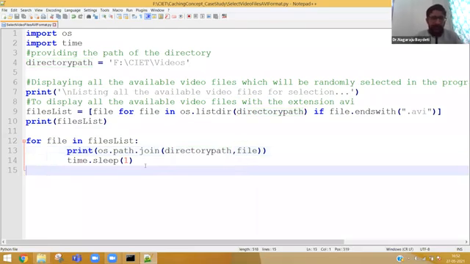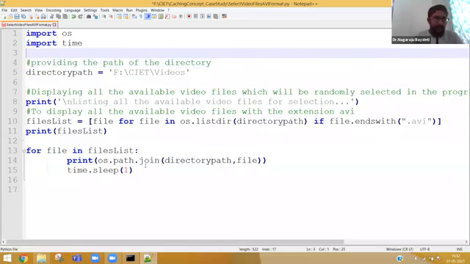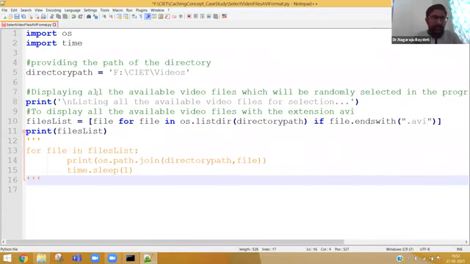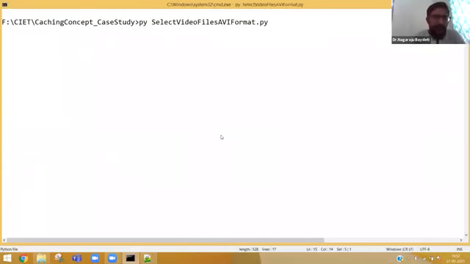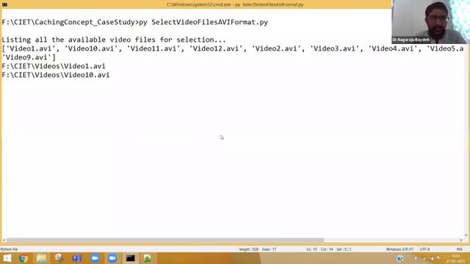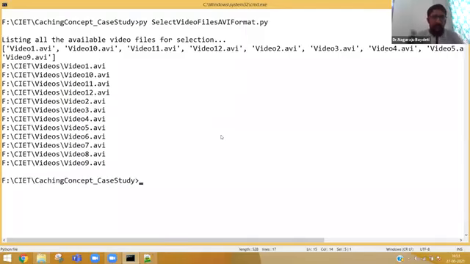Now, if you really want to know, import the random module here. Now you can keep this in comments. What is time.sleep? There is a time module and a sleep method. You can clearly observe when I am executing the file, let me show you again. When I am executing the file, see, there is a small gap between the prints. A 1 second gap is there. So I'm just trying to show you in an interactive way. That's why I added the time.sleep. I believe that you might have observed it clearly.